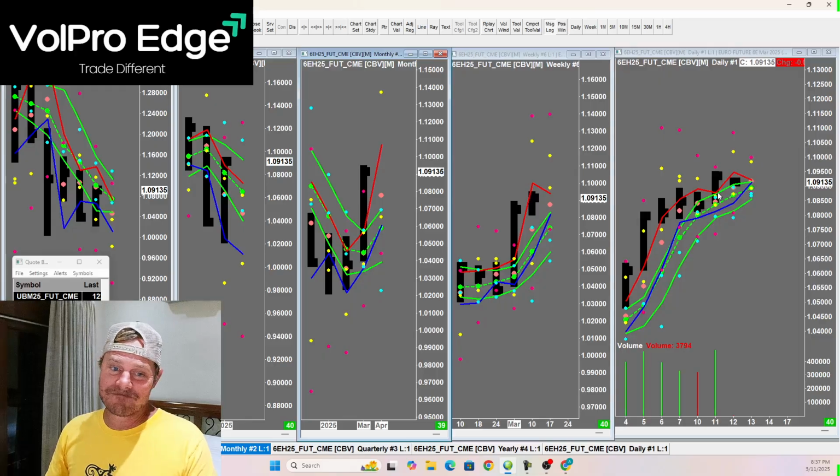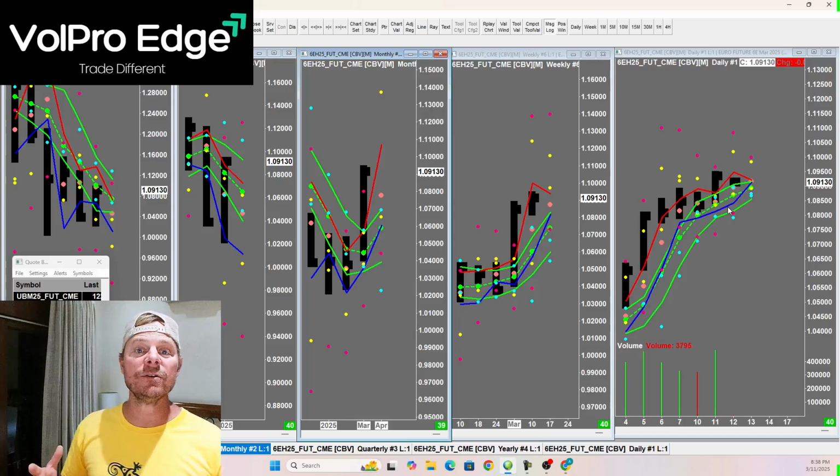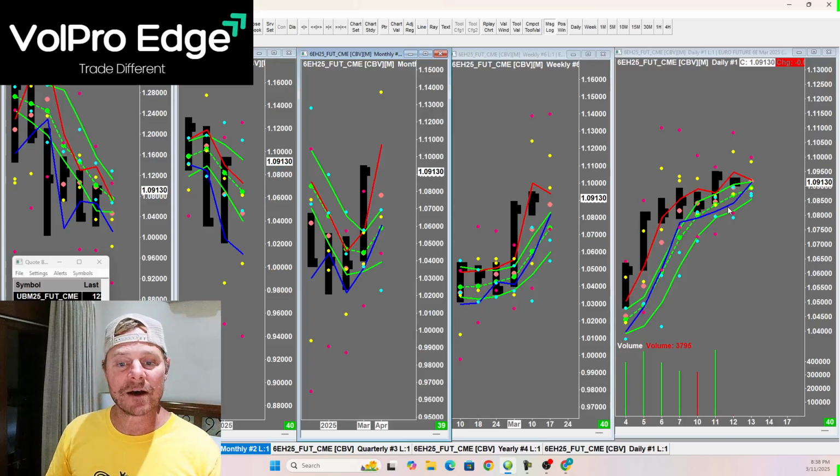So with the euro, I really don't know what to expect here, other than we've got a strong daily trend run. So we're probably going to continue to see strong buyers come in on dips for now on the euro, which, if bonds sell off and the euro pushes higher, then I think that lends some credence to the long on NQ and ES and the Dow, as an example.